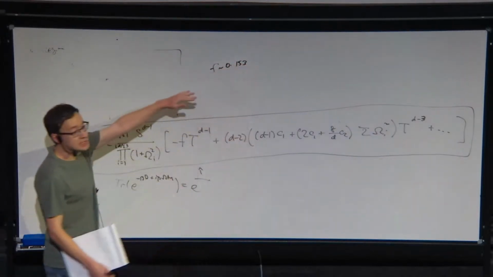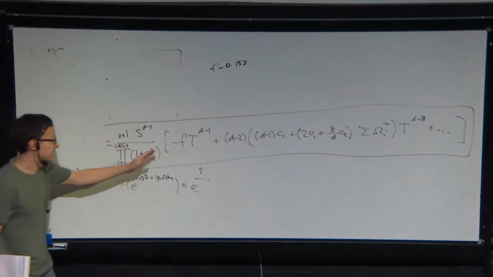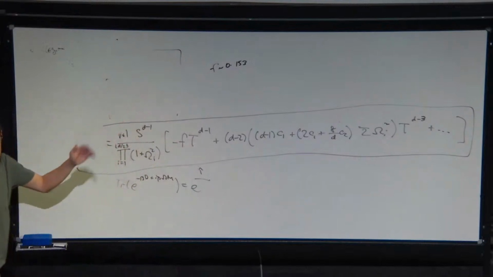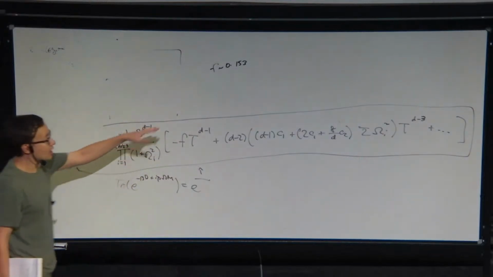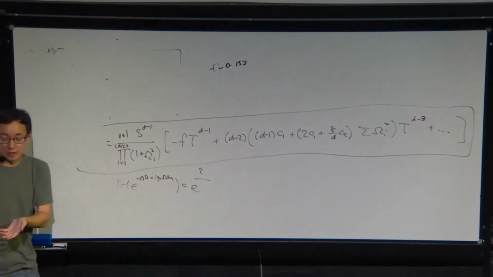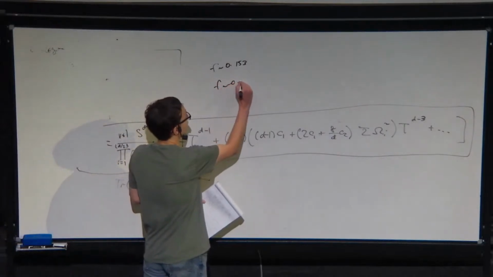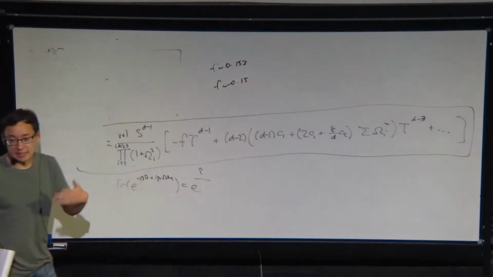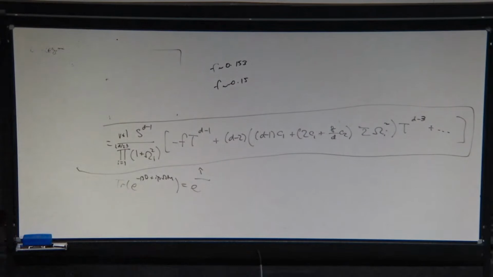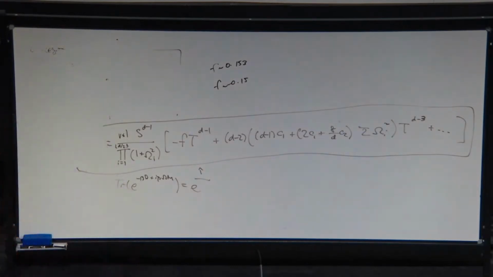So if we just plug in this value of f, and we plot the partition function with these moderate temperatures, so beta between like 1 and 5, and omega less than, I think, 0.5 or something like that, we're only off by a couple of percent. But the other thing we did was we just left f as a free parameter and minimized the error. And there we get something like 0.15. So it's very nice that it's within, well, it's a sanity check that we're not saying anything crazy.